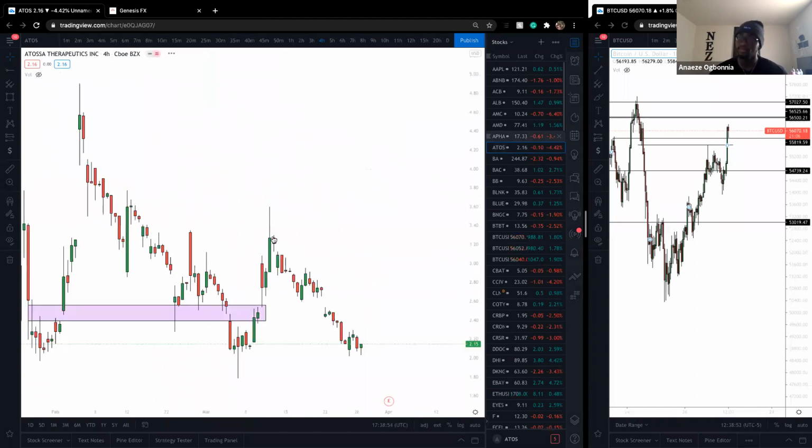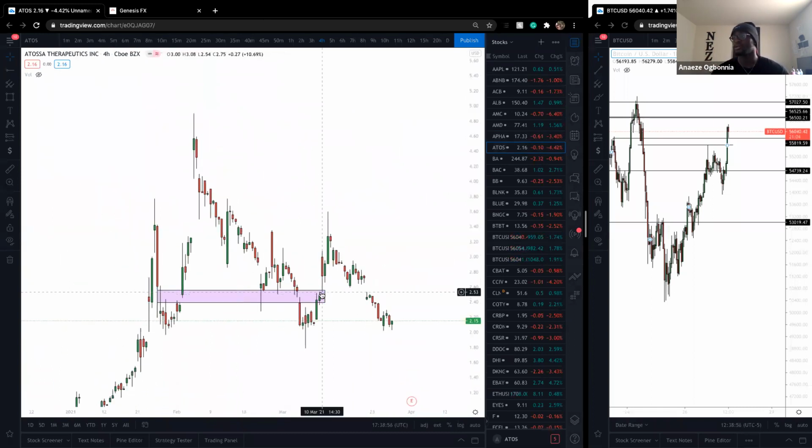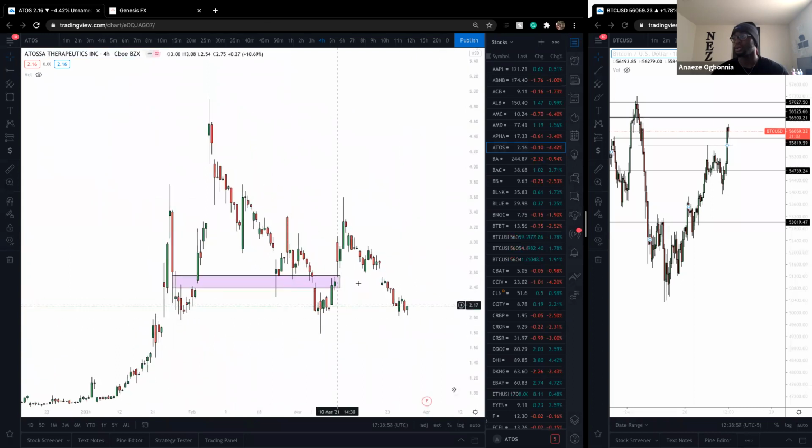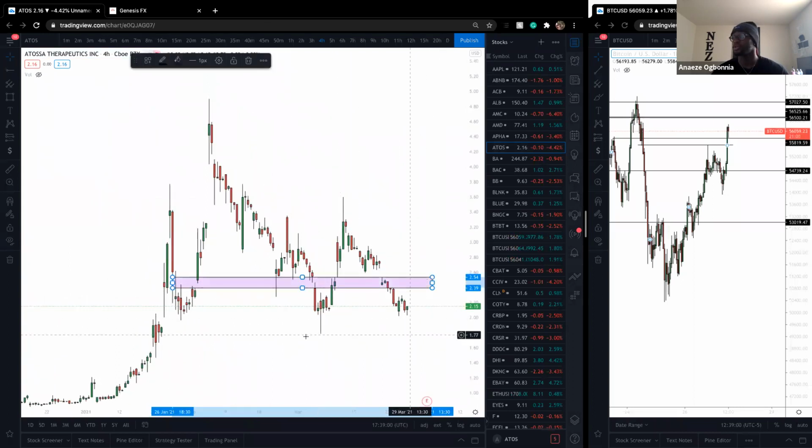ATOS, we are about to go bearish. We're still bullish. The price can hold under 181, but